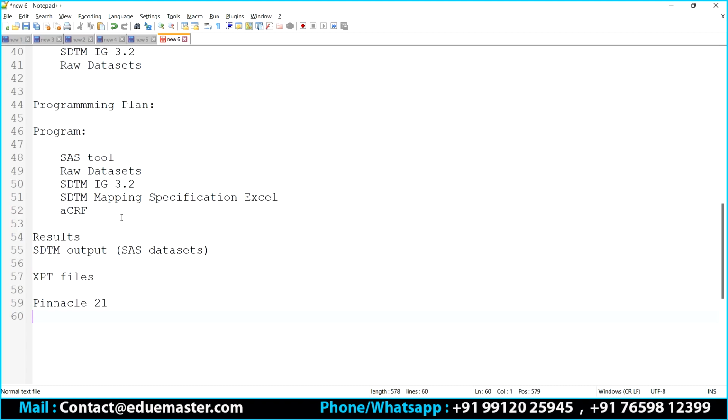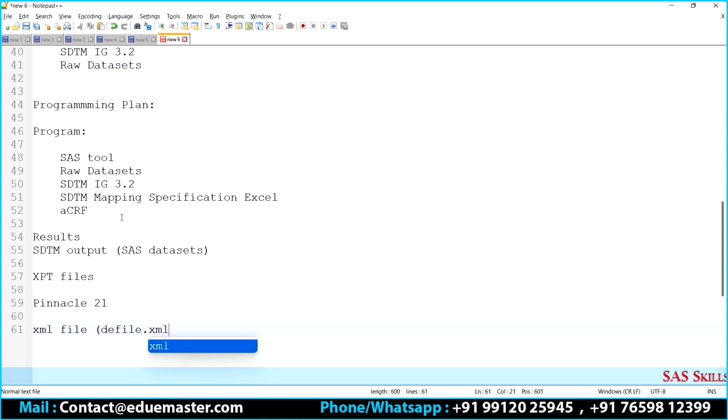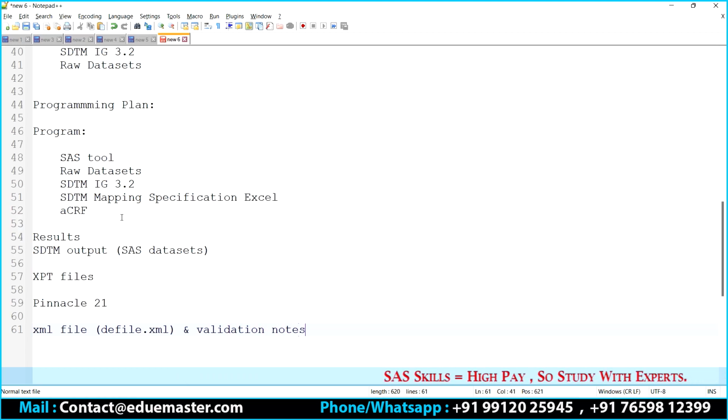We are going to say that these follow the SDTM Implementation Guide 3.2 standards, and we are going to create an XML file. This is our final output, right? It is always going to be define.xml, and we also give validation notes. We validate this and produce this XML file.